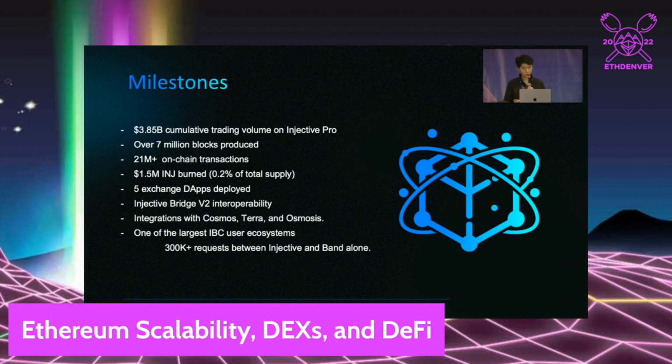And just in general, with IBC and so forth, there's integration with Cosmos, Terra, Osmosis, and a lot more. It's one of the largest utilizations of IBC because Injective and Band feed oracle data between each other. Band feeds the latest price feeds from their Cosmos contract and submits them through the Injective Oracle module, and that brings extremely heavy IBC usage just because it's arbitrary data transfer rather than token transfer. I think this data is also outdated. It's probably around double that by now.